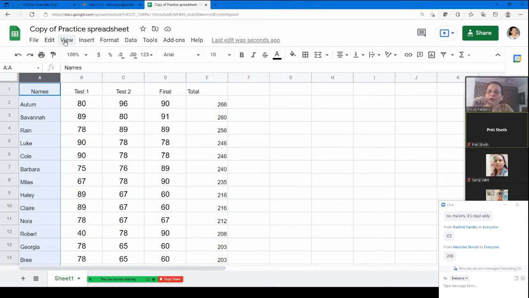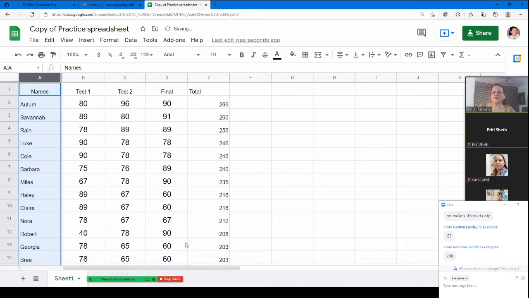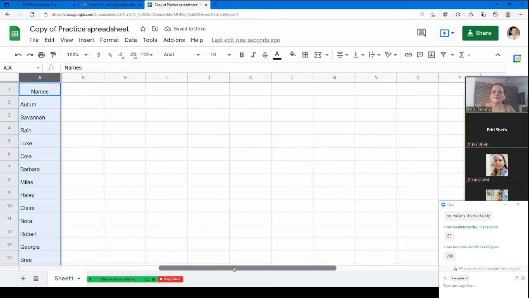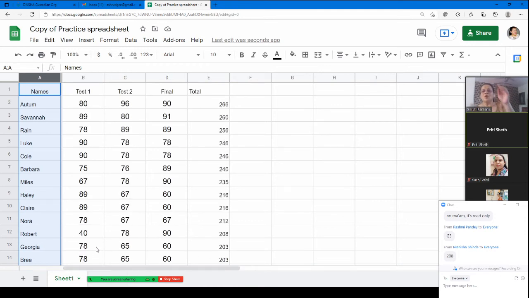we go to view, and when you go to view, you have this freeze option. Freeze might ask you what you want to freeze, whether a single row, two rows, up to the current row, whatever you have marked, or columns. We want only the first column to be frozen. Once this is frozen, see, I can move all of it. Let's suppose I have to go till AA. I can very well go till AA, but the names will remain. Otherwise you have to keep going back and forth to see how many marks autumn had further along. So for that, this is very helpful. Freezing helps there.